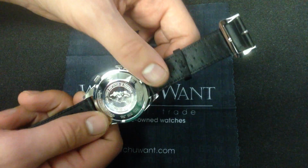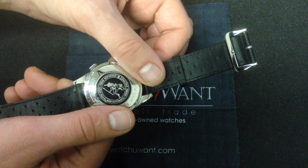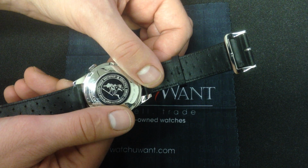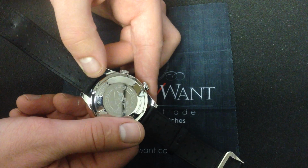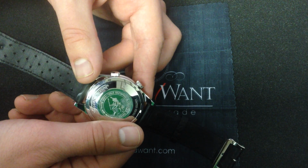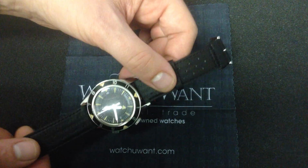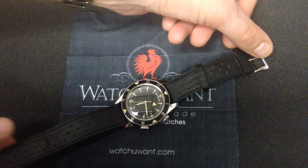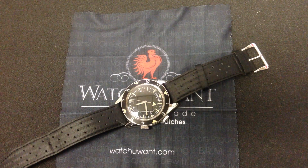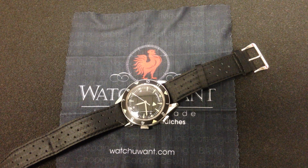And even on the back, you can see that the traditional deep sea diver logo is present and correct, blazoned on the back. This watch, front and rear, is a remarkably faithful tribute to the original. So while it's called the Tribute to Deep Sea, it's almost a one-for-one reproduction. There's very little of this watch that's interpretive. If you love the design of the original Jaeger-LeCoultre diving alarm, the first diving alarm, and JLC's unique contribution to the golden age of dive watches,